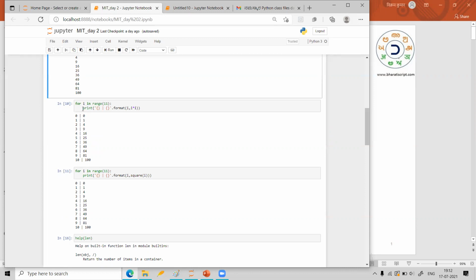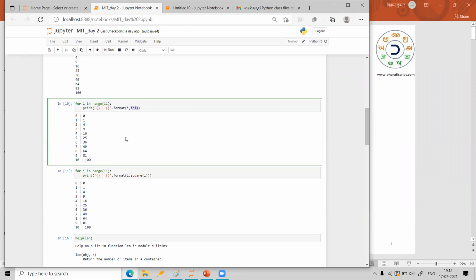Here we have seen some new syntax, especially how you print the outputs. When you are printing output, what is the syntax we have to follow? For example, these curly brackets, the flower brackets, represent the place where we have to print the value of the variable. Whatever value of i is there will get printed at the first curly bracket. In the next curly bracket, the other variable, which is i star i, its value will get printed. This syntax needs to be practiced very much.